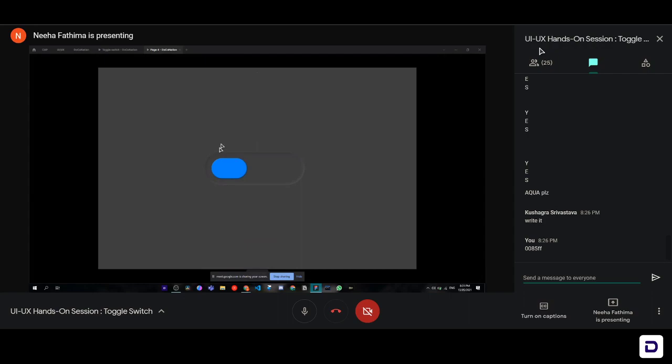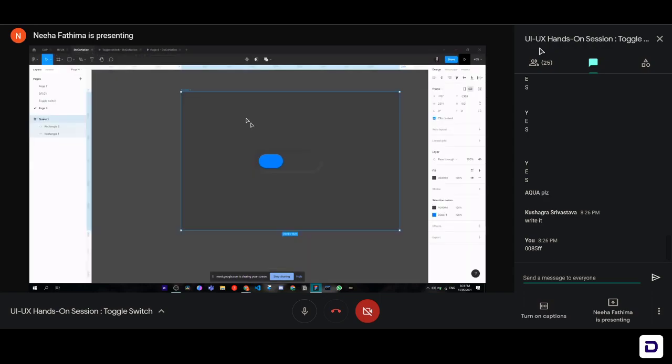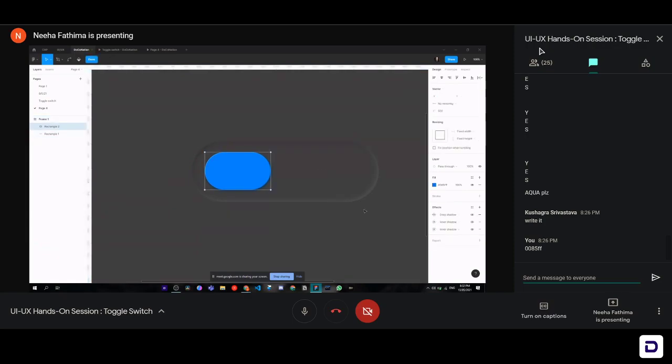If we look at it now, you can see this little effect on the top right, top left, and bottom right corner already. So we will complete that now. Zoom in a little bit. And just as we added the darker shade of blue, the effect that we've added on the bottom and right corner, the dark shade, we will add a little bit of lighter shade on the bottom, top, and left corner.